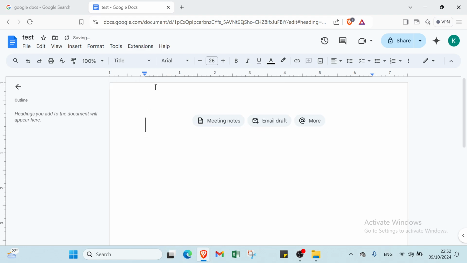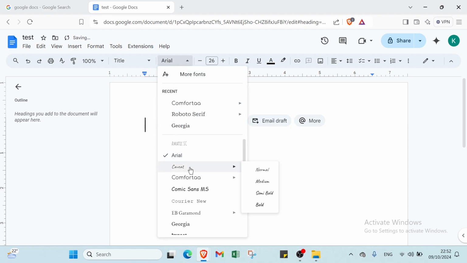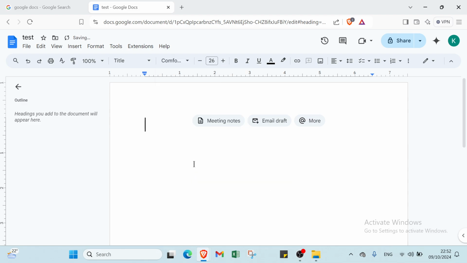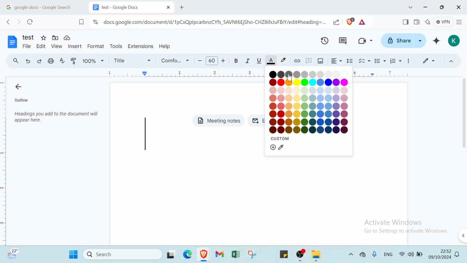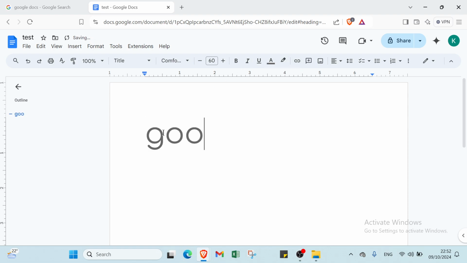So I select here the option of title. So here we have, if you want a URL, and you have cover it if you want it. Then we have here comfortaa also. So I will choose also the size here. So for example, I will choose 60, and we have here bold, italic, underline, and we have here text color. So I will choose for example gray, and I have other options here. So I will just get started. I will write for example